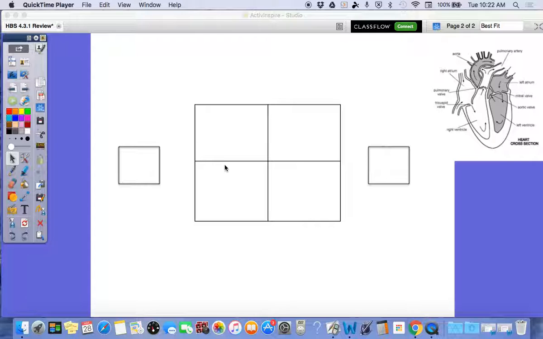Remember, your heart is backwards from what it looks like in real life. That's why on your paper I have both versions of your heart box, and then I have an actual picture on there of the right and left atrium. So here is the